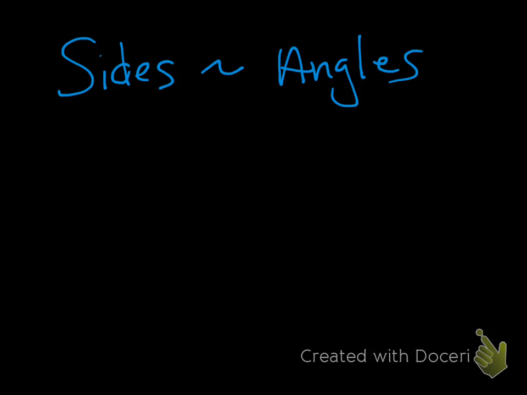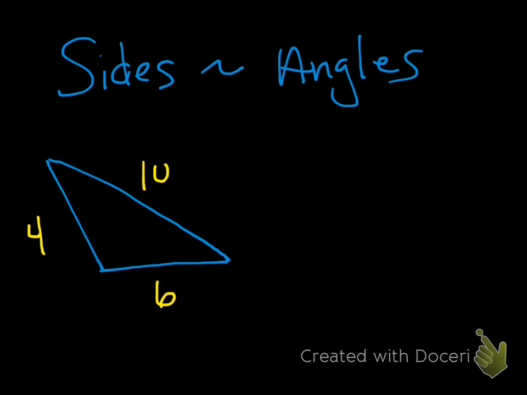So basically what it says is if you have any triangle, and I give you my sides, so let's say this is 4, that's 6, and that's 10. And these are going to be my angles, A, B, and C. So it wants to know, based on those side lengths, which is your largest angle. Okay, so what you're going to do, it makes sense. If your largest side is 10, then that means that your largest angle